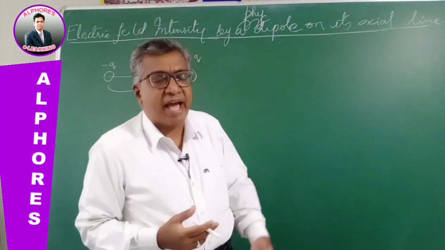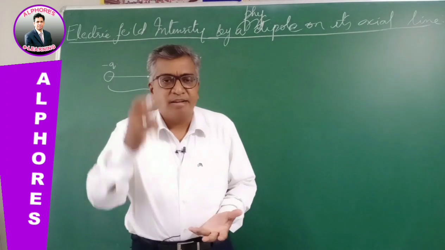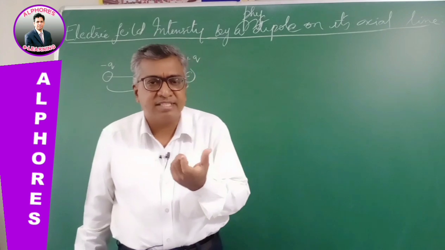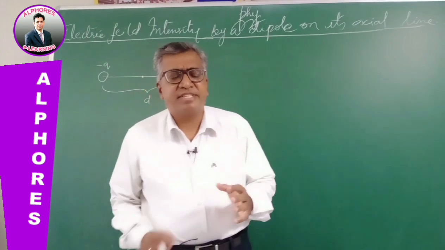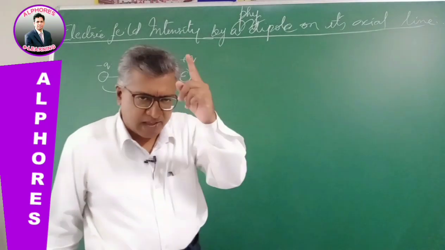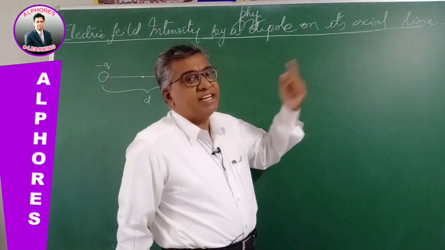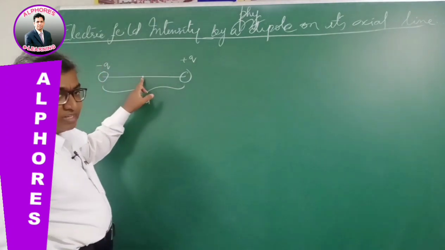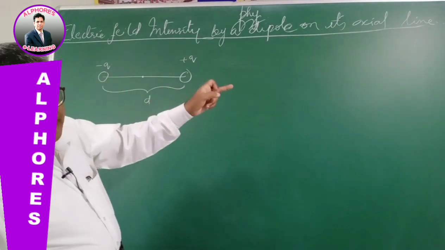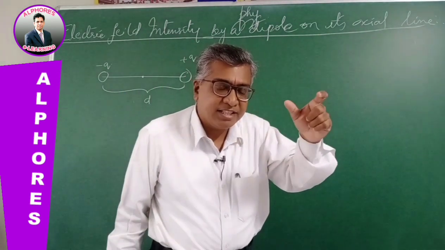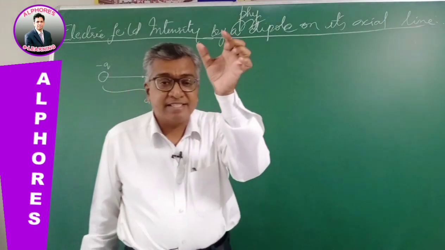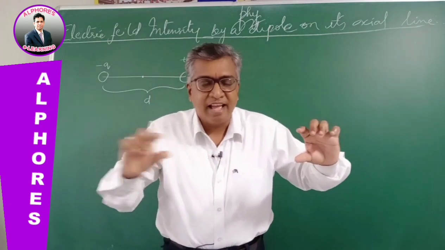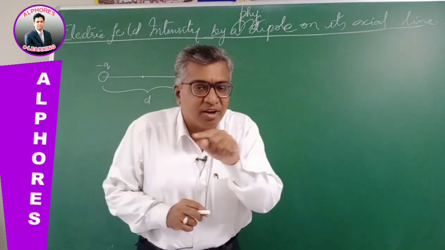In general, we know the axis of a body. Axis is an imaginary line passing through the center of mass or center of the body. For a uniform body, it is the center of mass, about which it can be easily rotated. So axis is an imaginary line. Here, axial line means the line passing through the midpoint of the dipole, connecting both the charges, both the poles. Any line joining both the poles. Axis of earth, north pole to south pole. Magnetic axial line, axial line of a magnet, the line joining the north and south pole.